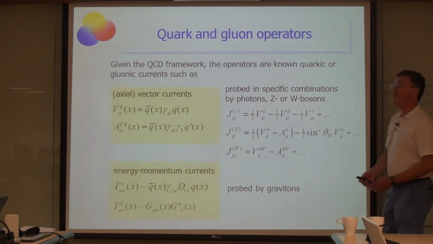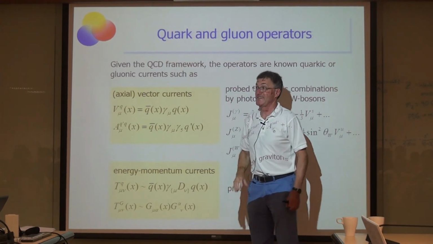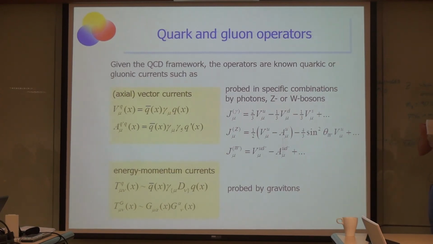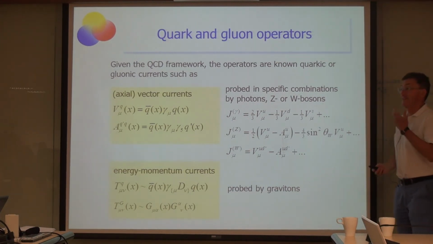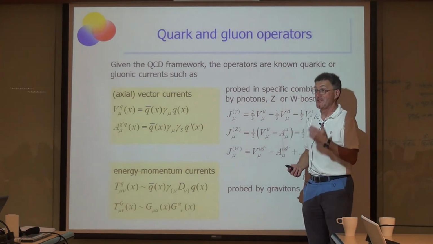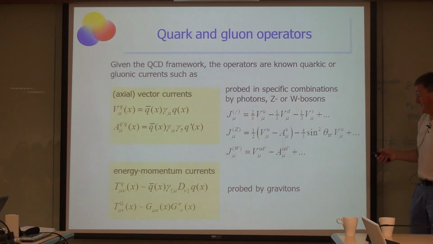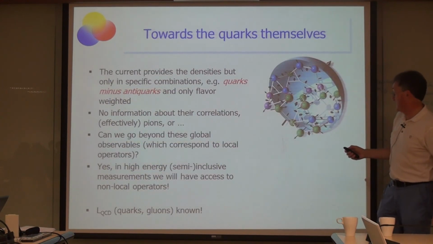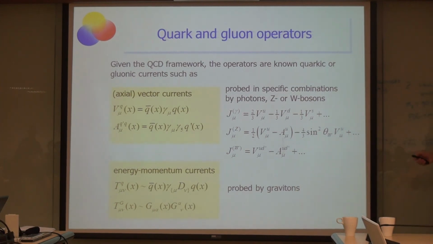Okay. Now, of course, we do have a framework in which these operators play a role, and we know quite a lot about these currents. These currents are essentially the currents that interact with photons, W's, Z's, or whatever, and they are very well known in the field theoretical language of the standard model. For photons, they are the vector currents, the q bar gamma mu q of the Fermi